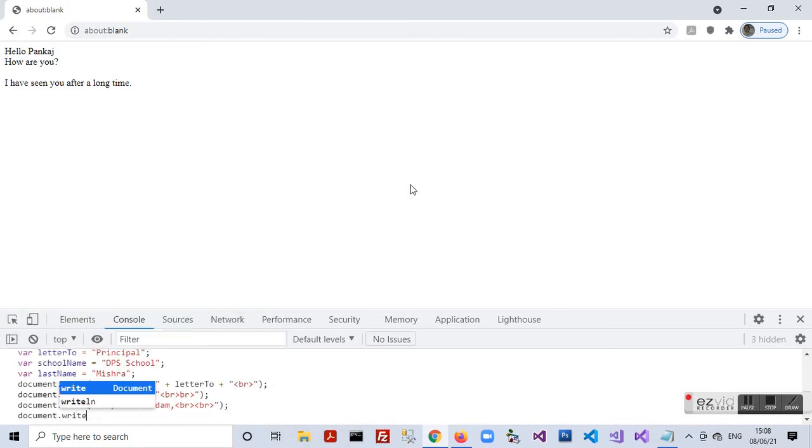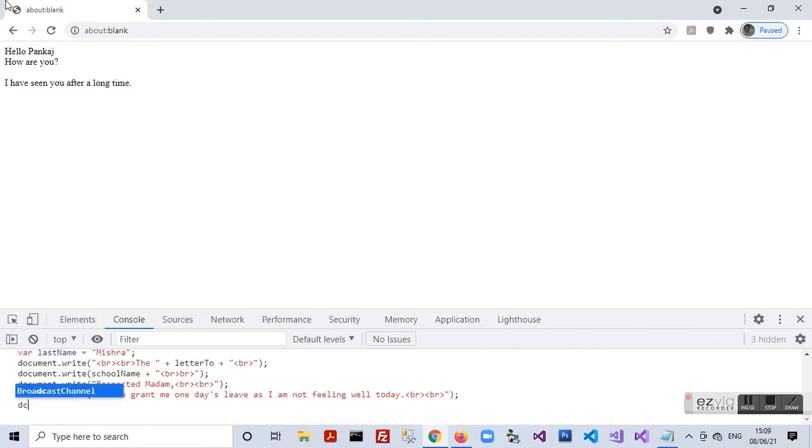and we put in the next line, document dot write please grant me 1 day's leave as I am not feeling well today, full stop. Again we have two break tags. We close with a semicolon and shift enter.